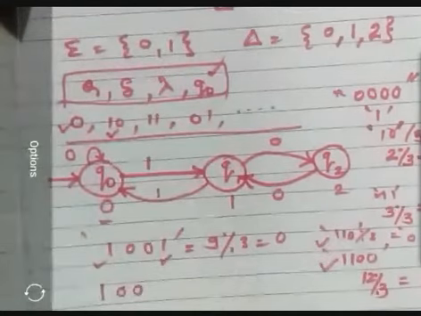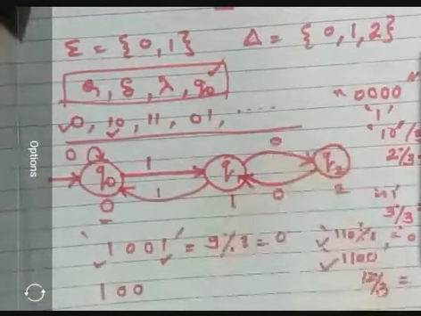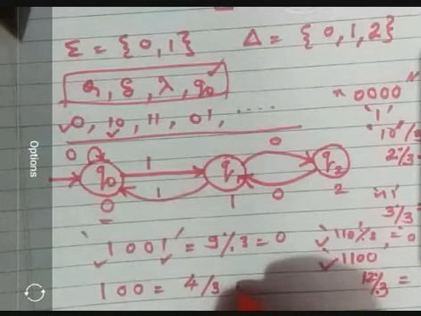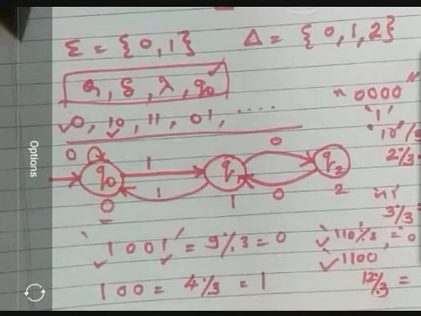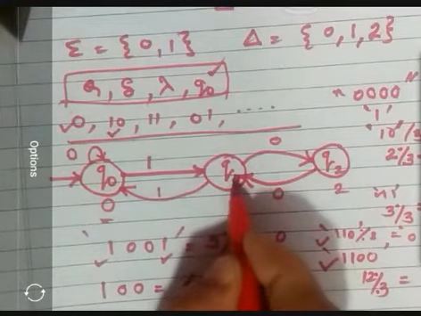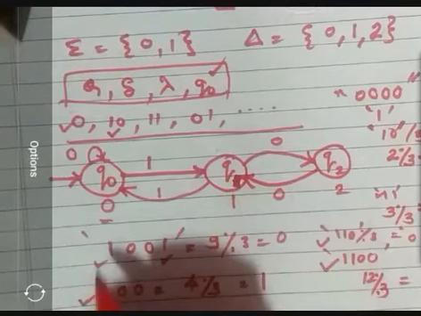Now, if I am having the number as 1, 0, 0, are you getting 1, 0 and 0? So it is nothing but 4. 4 divided by 3. So its modulo will give me 1. So are we reaching Q1 back properly? Right? So this is okay. So for this case it is satisfying. This case it is satisfying.